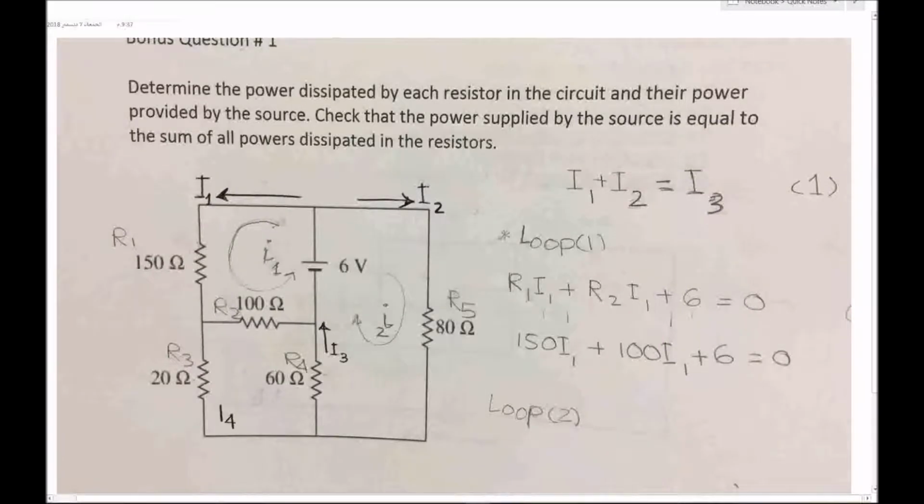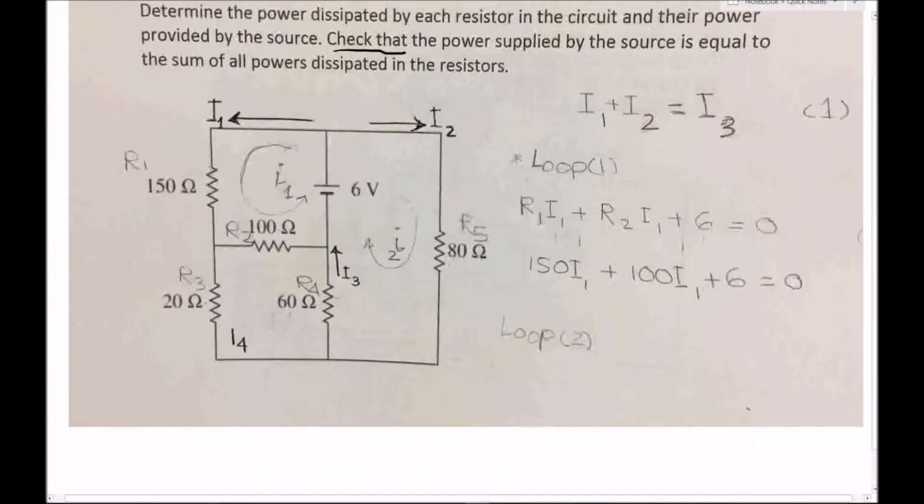طيب احنا we need to determine the power dissipated by each resistor in the circuit and the power provided by the source. Okay, بعدين we need to check that the power supplied by the source is equal to the sum of all dissipated powers in the resistors. طيب